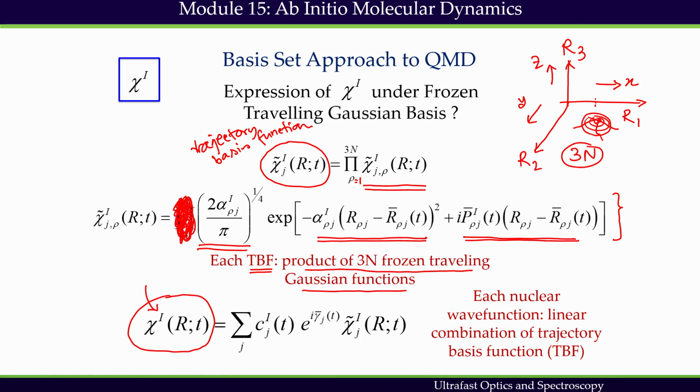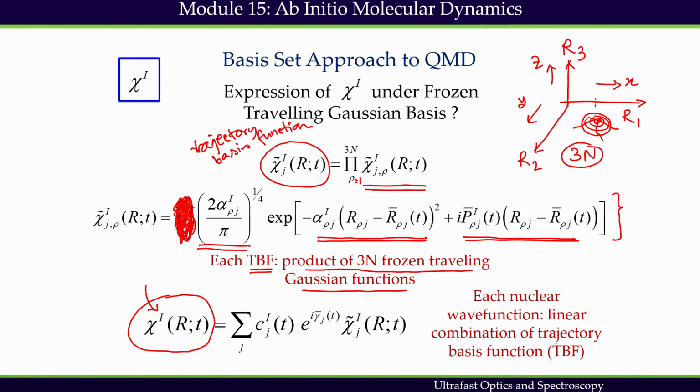That nuclear wave function can be represented as a summation of many such trajectory basis functions. One can think about taking only one trajectory basis function, and there is nothing wrong in it, but depending on what information we want to gather or what kind of dynamics we would like to explore, we might need to use